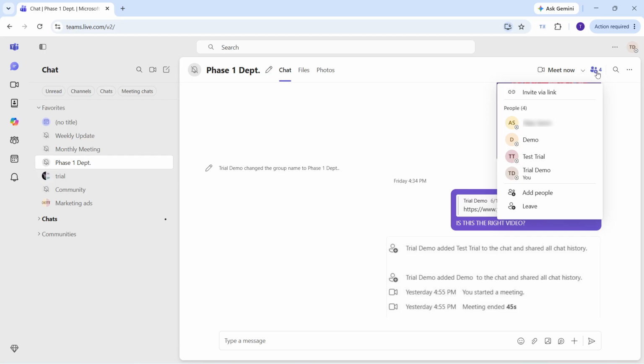A helpful tip here is to give the panel a moment to fully load if your internet connection is slow or if the group is larger than usual. Also, keep in mind that the exact appearance of the button may vary slightly depending on whether you're using Teams in a browser or desktop app, but it should still appear in the top area of the chat near the